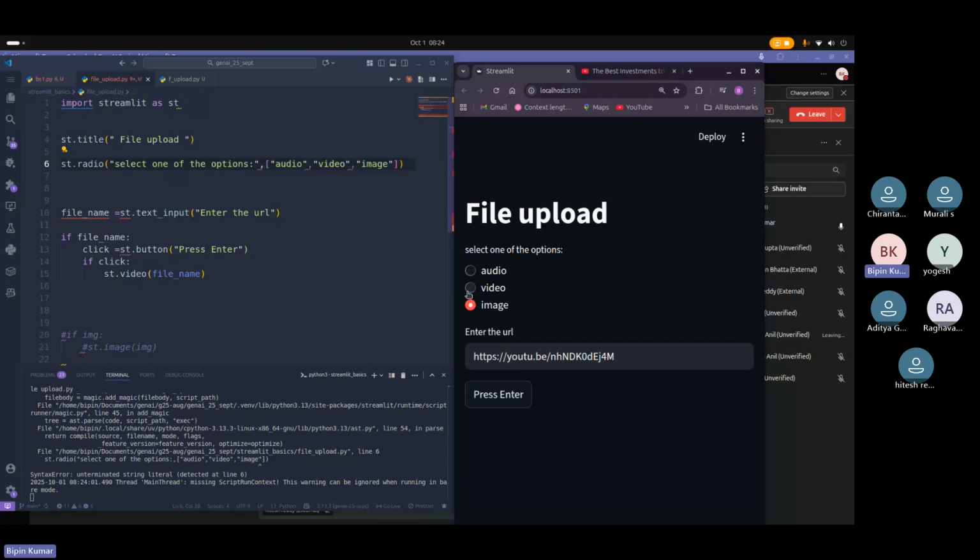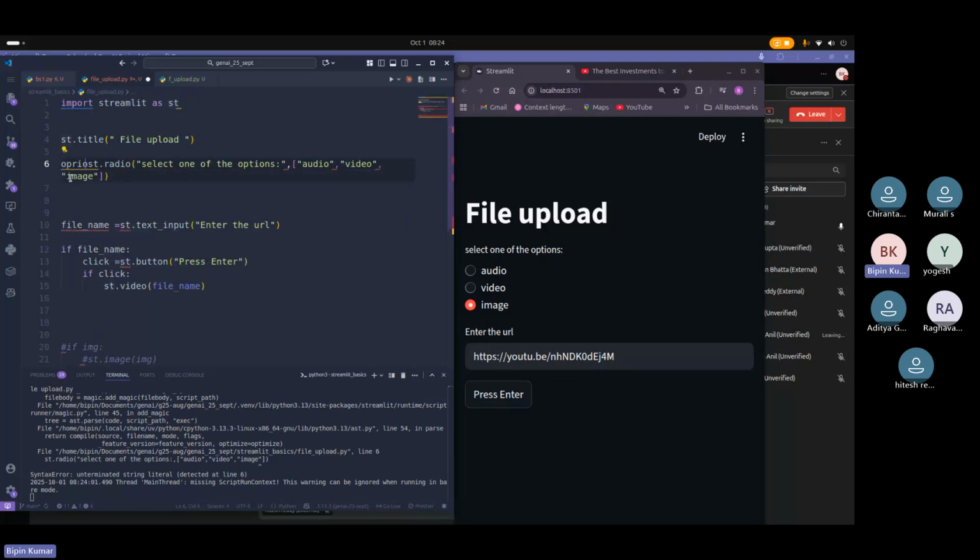Audio, video, or image, and you can store it as well. So let's say options equal to, okay. So this we call a radio button. So you can select that, and